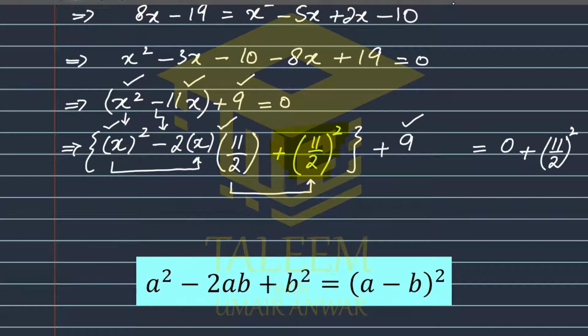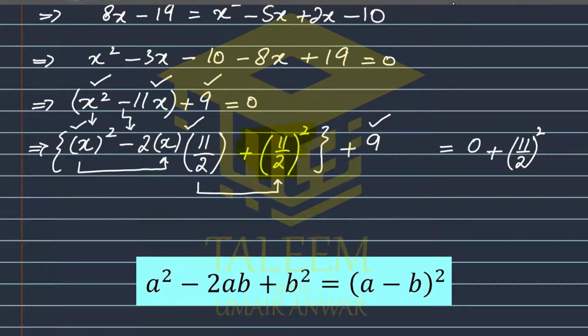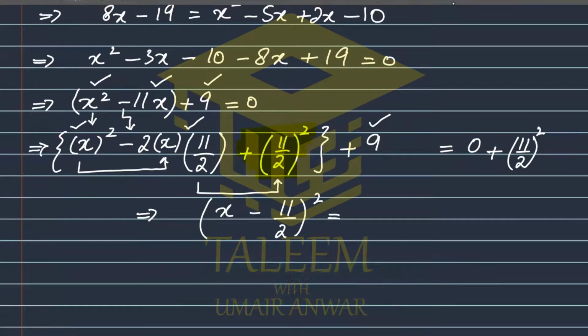So that would be better, because if you add something on the left hand side, it should be balanced by adding the same thing on the right hand side also. Okay. So now whatever is written in the curly brackets is going to be equal to first term minus second term whole square. And then on the right hand side, there would be